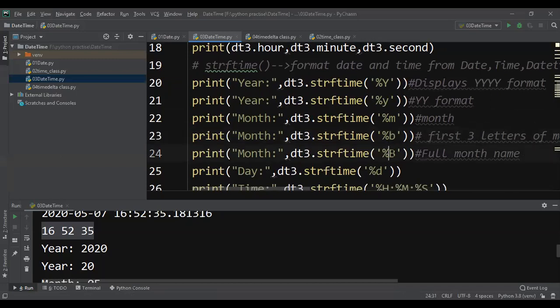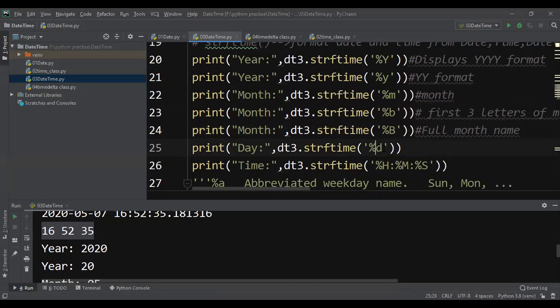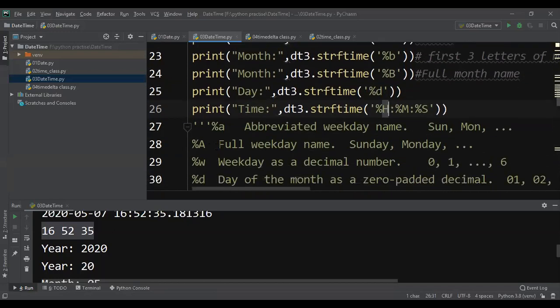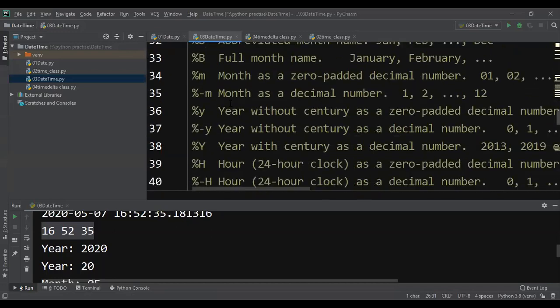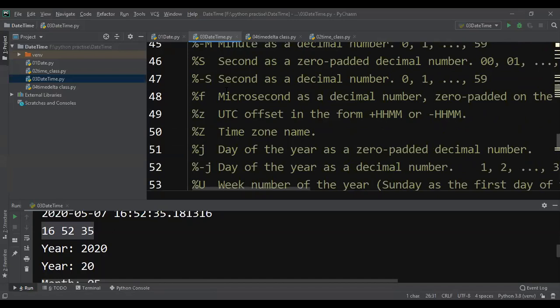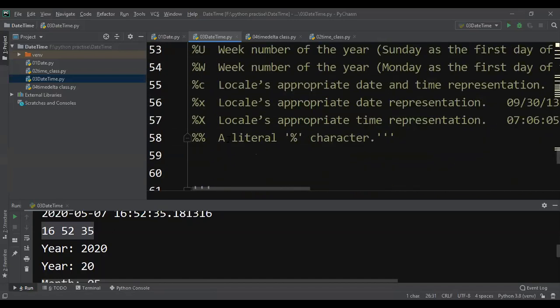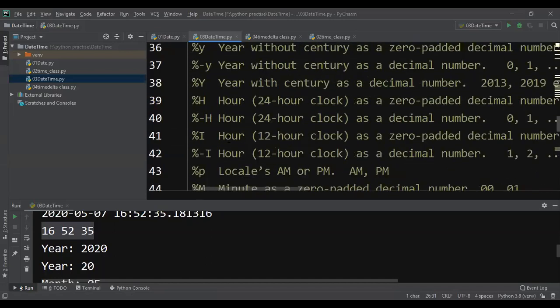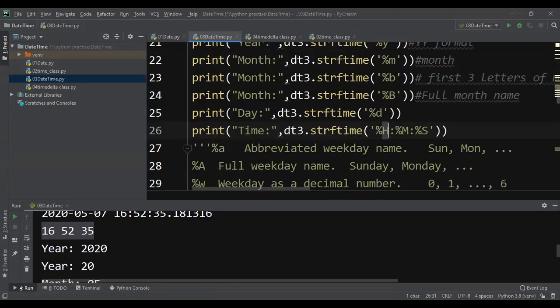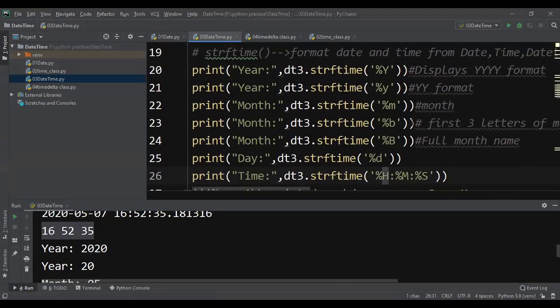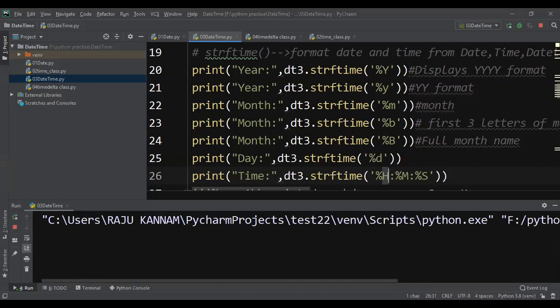Full month name is capital B. Small d prints the day. Hours, minutes, seconds work similarly. In the same program I have copied all the possible values, and you can try all of them. For sample purposes, I am explaining some of the functionalities.